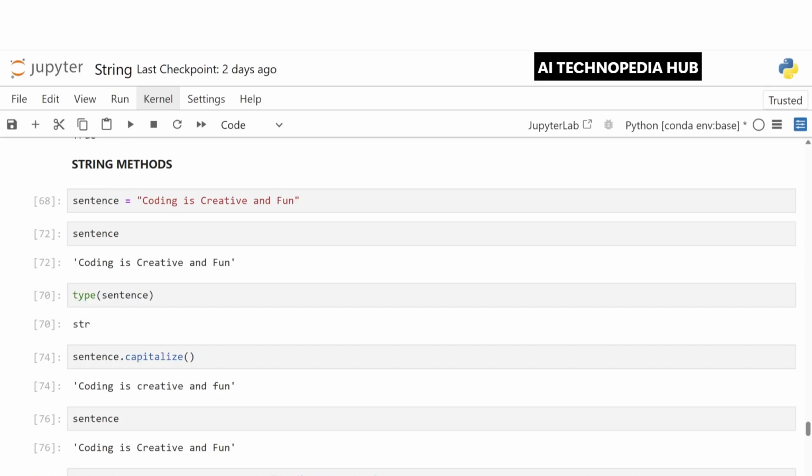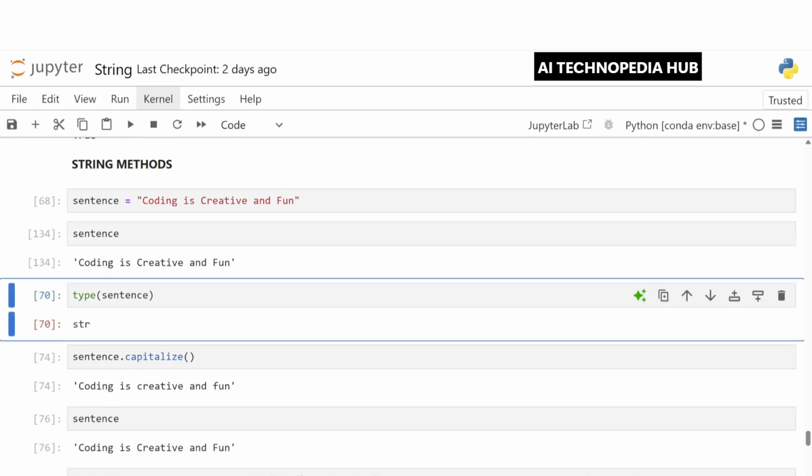Let's begin by creating a variable named sentence, as you can see here, and assign it the string "coding is creative and fun". Now, if we print the value stored in sentence, we get the string "coding is creative and fun" displayed on the screen.